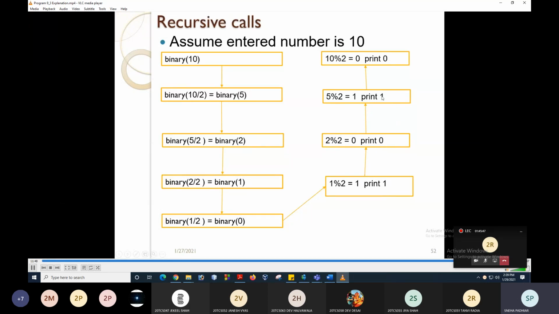Again it will go to the next call, right? And next में क्या करेगा कि binary of 5 है, तो मतलब 5 modulo 2 equal to 1. Binary of 5 तो बहुत पहले call हो गया था, लेकिन उसका जो printf statement था वो अभी भी print होना बाकी था. So num modulo 2 equal to 1 ये print होगा. फिर से it will go here and it will print 10 modulo 2 equal to 0. So as you are aware, 1 0 1 0 will get printed. So printing कैसे होगा? Reverse order में होगा. क्यों? Because function call जिस direction में होगा उसके reverse direction में उसके answers print होंगे, right?